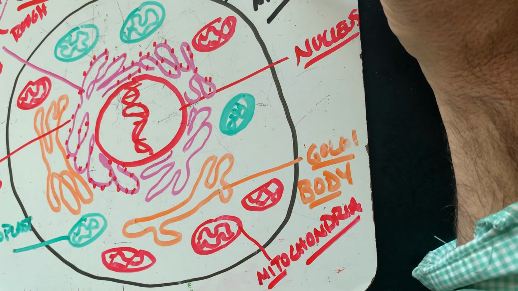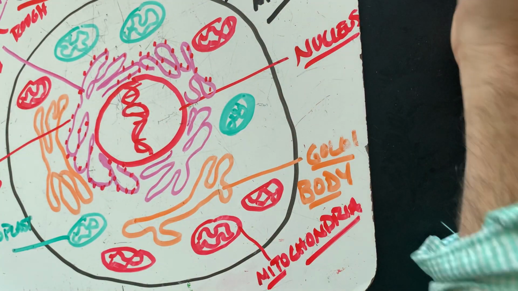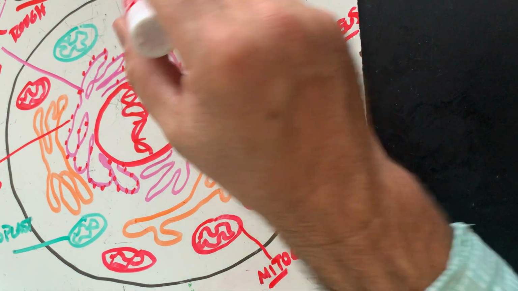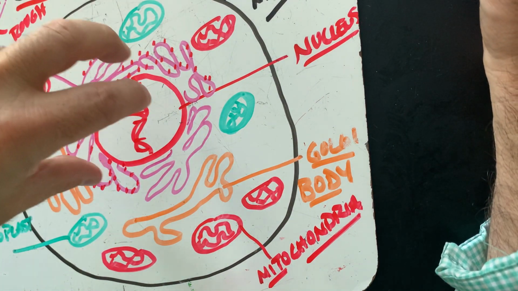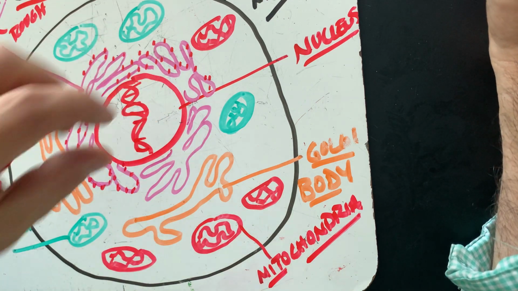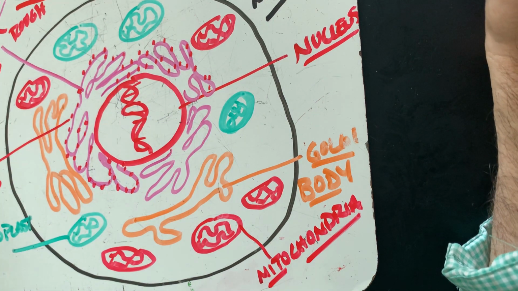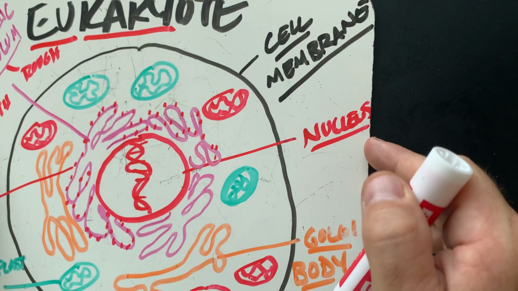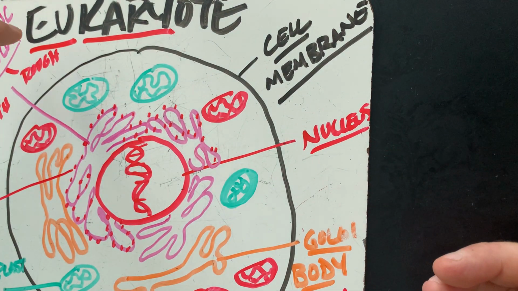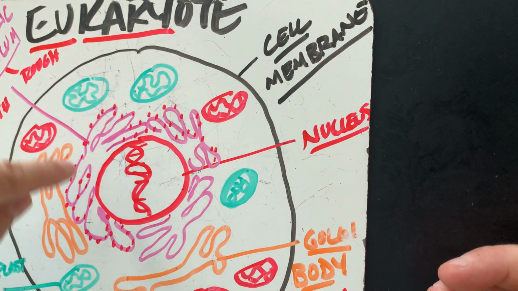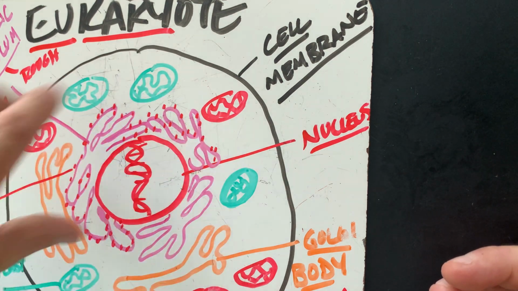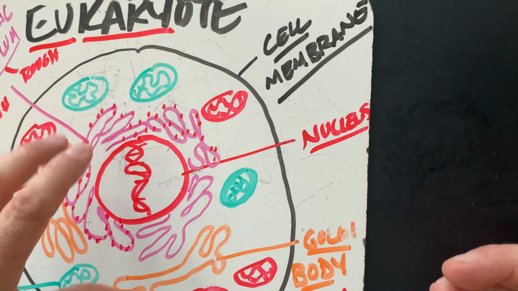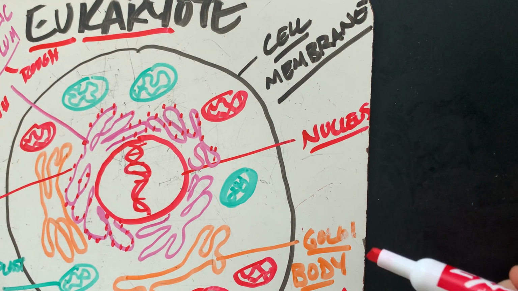So I have a cell. This is a eukaryote. It's a very complex cell. We say it's karyote because you can see this kernel, and this is the biggest organelle that there is. It's a nucleus. So when they looked through their really cheesy microscopes, they saw this nucleus most easily. It's bigger than at least all these other organelles, and they could see it.